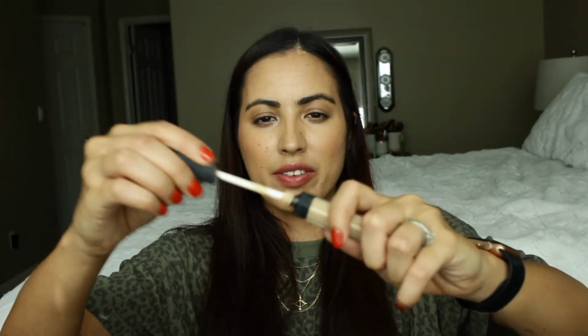And obviously it's just a regular doe foot, but I feel like this has never failed me. I do have other ones, but I just feel like this one leaves the nicest natural looking coverage under the eyes. So yeah, I really recommend that. Now for